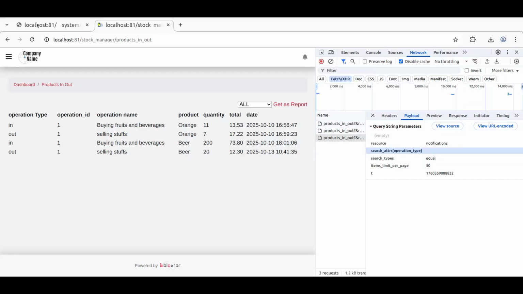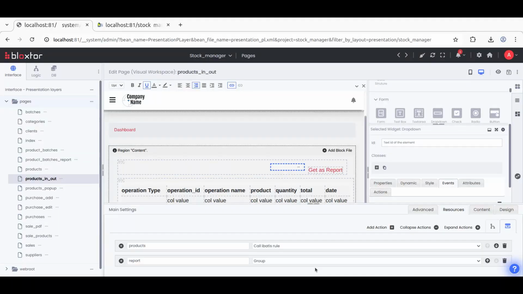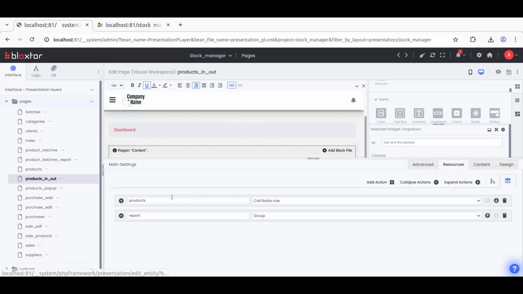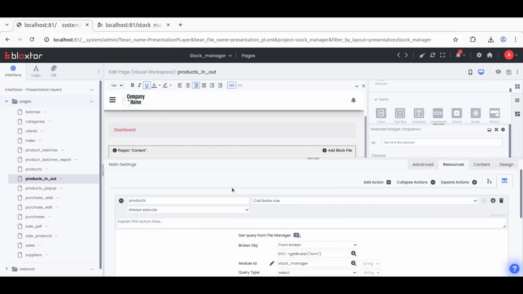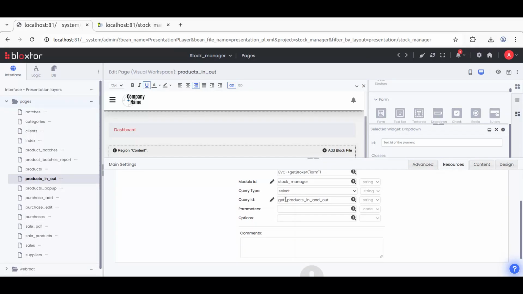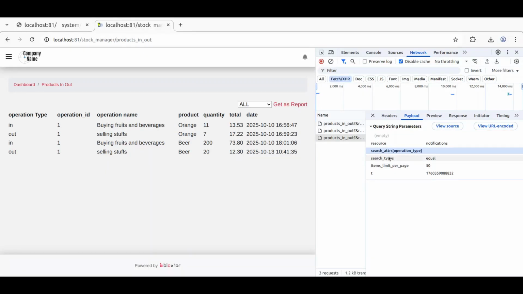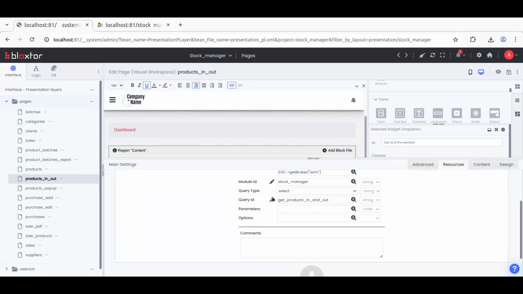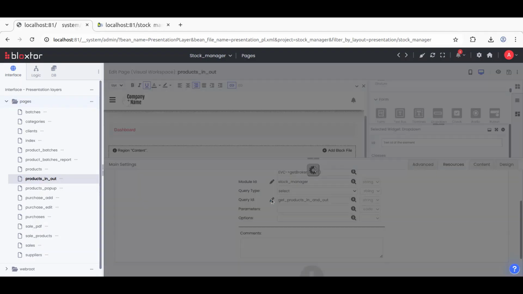So what we need to do is, in the resources, in this part of the resources in here, instead of only calling this, we need to change this to the logic side, and then in the logic side we need to parse these specific search attributes that we are receiving. So first of all, let's prepare the query to receive a specific condition,